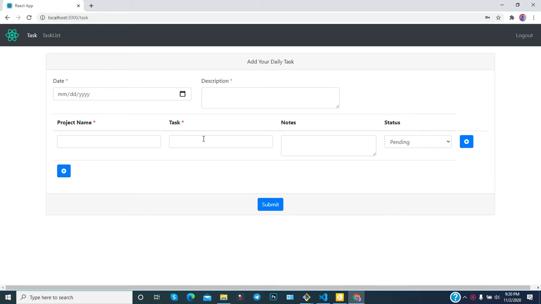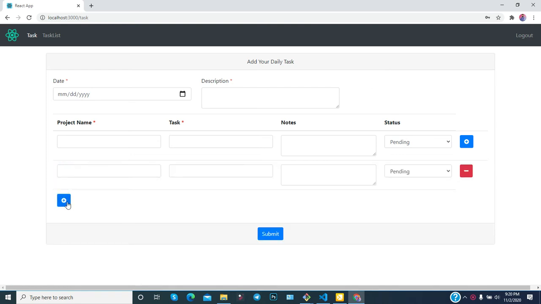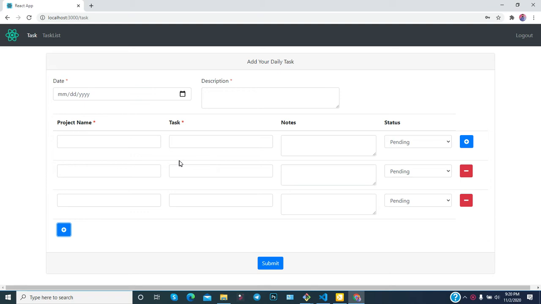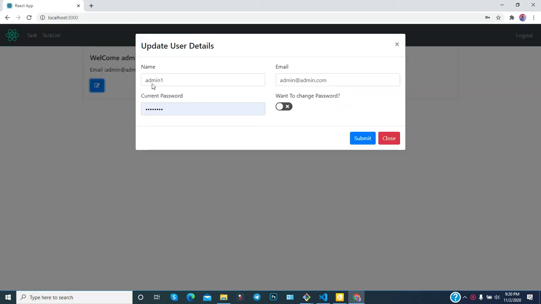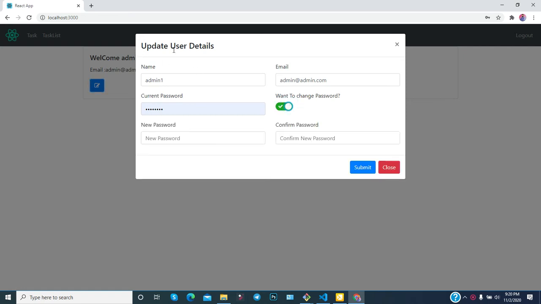In this particular video, I am going to talk about this dynamic form, how you can manage this dynamic form. So let's talk about these things in detail. In the previous video, I already talked about this form, how you can update it and how you can design the form. So you will get a little bit of an idea how you can manage these things.